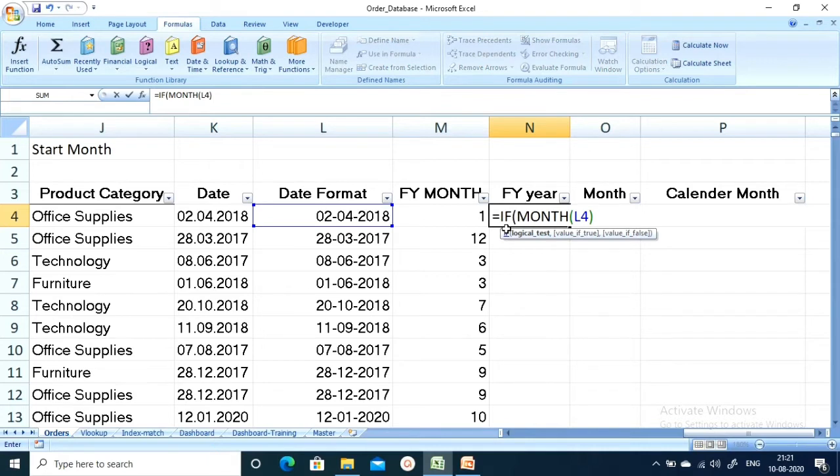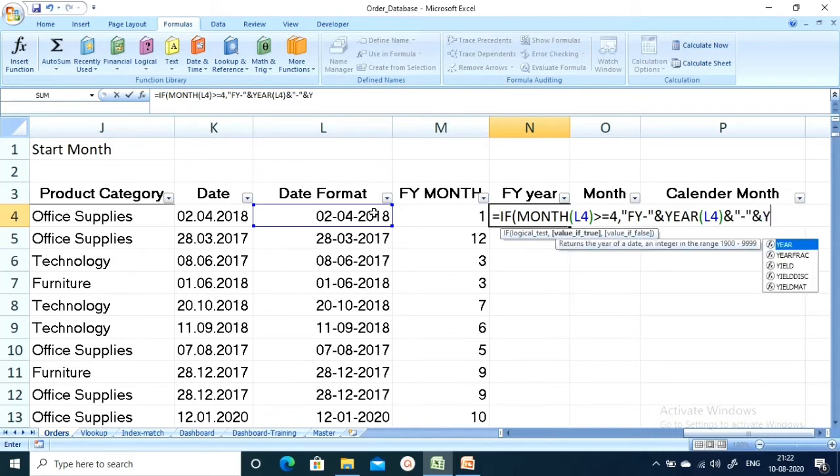If the calendar month is greater than or equal to 4, I have to get F5, then the year of the particular date, then again the year.